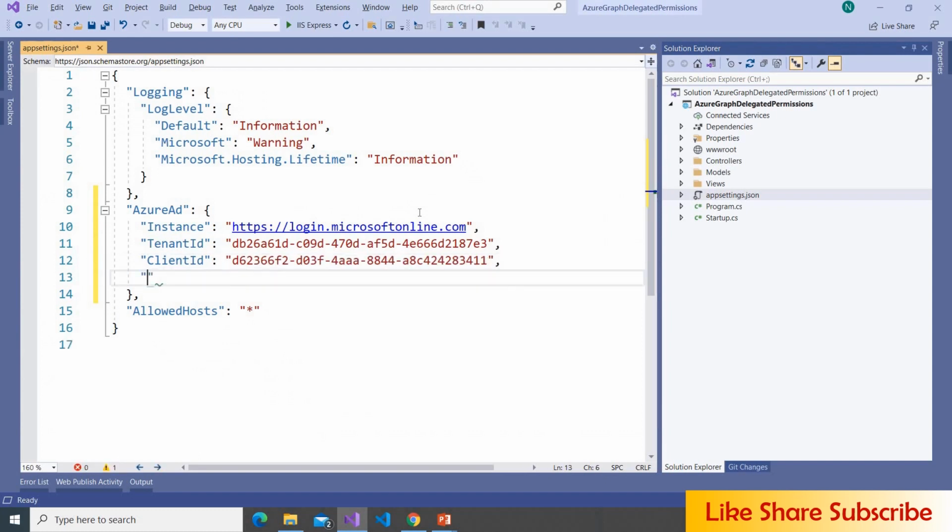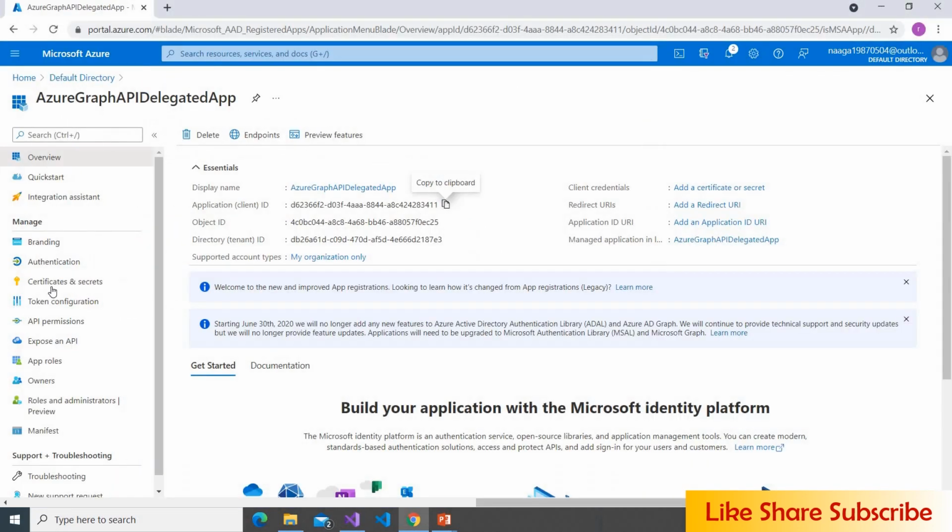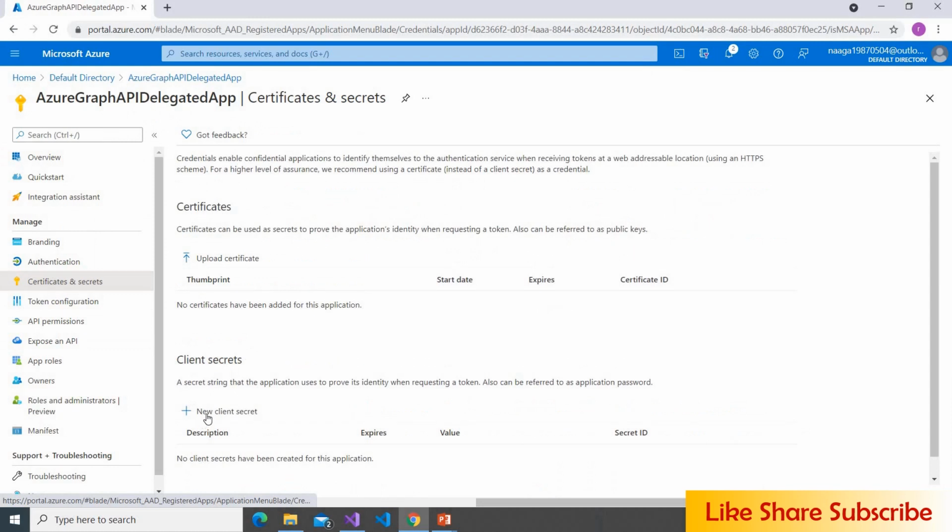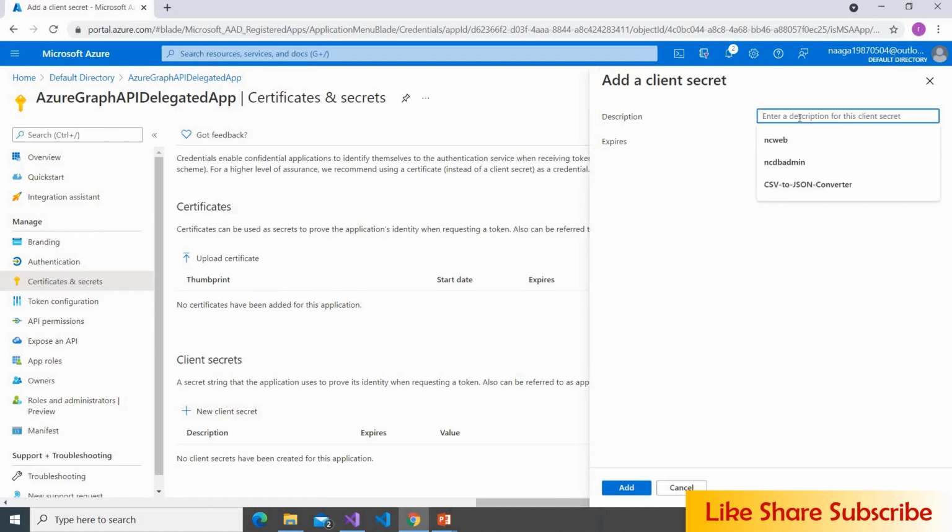And also we have to use a client secret. In our application, we don't have any client secret. So now we are going to generate it. Go to certificates and secrets, and here we have new client secret. Click on here and give the name as Azure Graph API